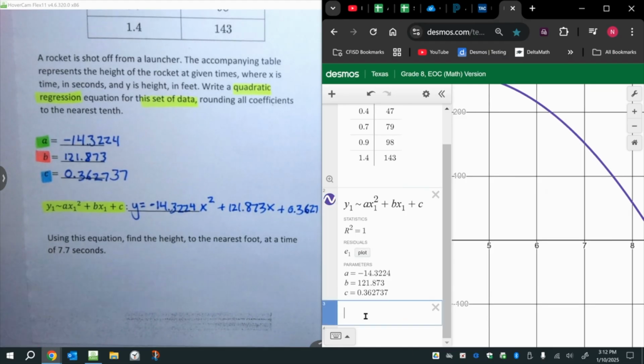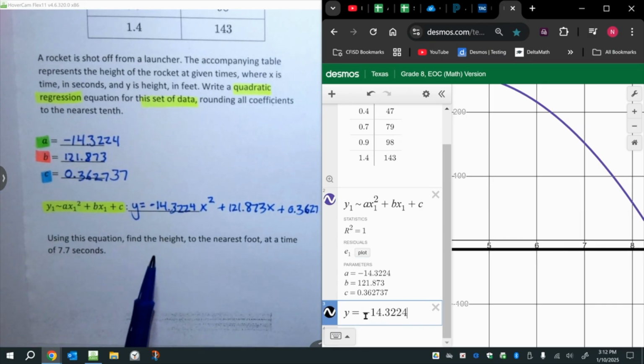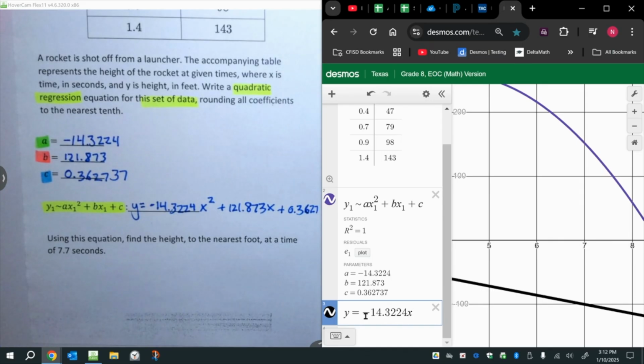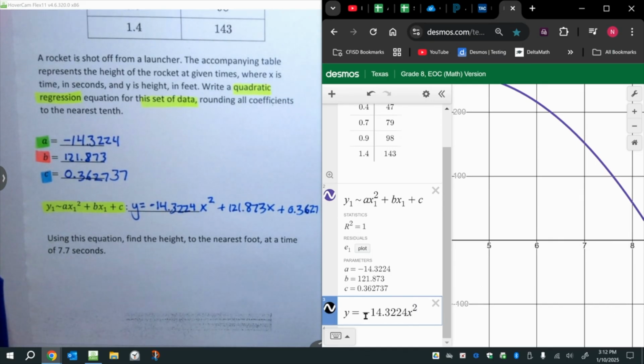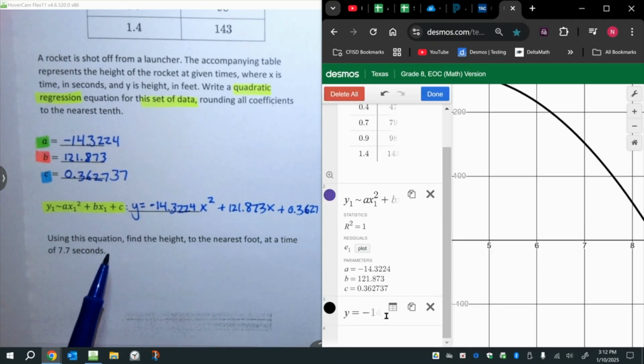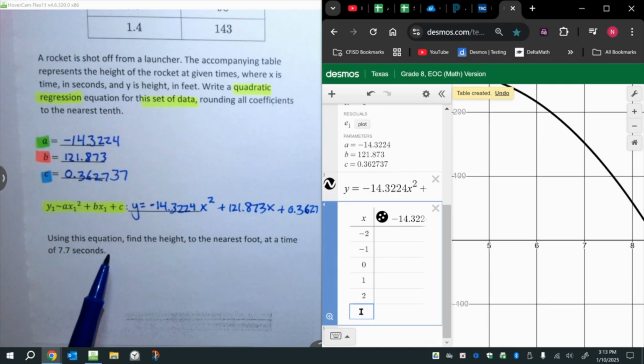So here's how I would check it. I would say, okay, here's y equals negative 14.3224 x squared plus 121.873 x plus 0.362737. All right, and so if we turn this to a table, this one, and I put in 7.7,